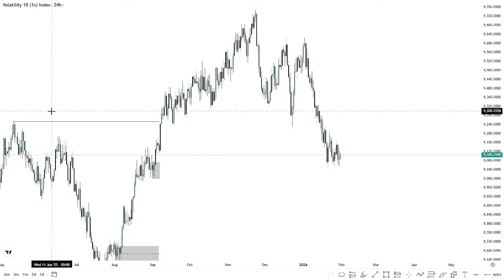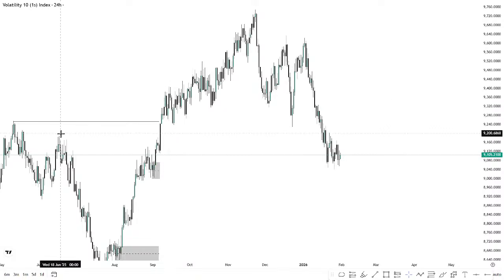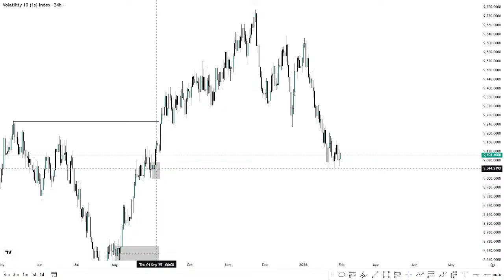You can see that after this break of structure to the upside, we started having higher highs, higher lows that did not give us a proper retracement. So let's mark out this area